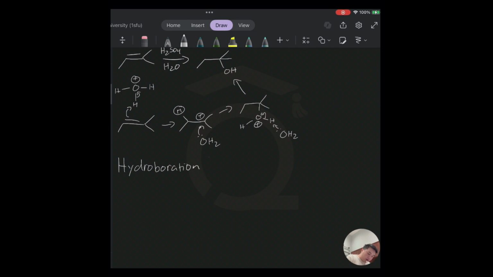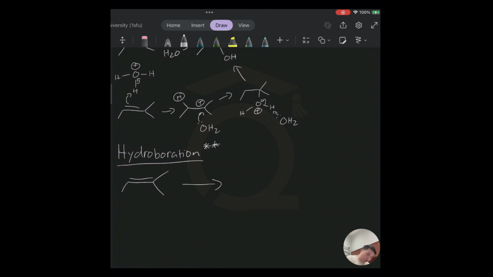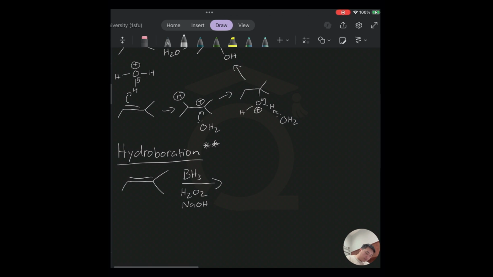and I'll give this two stars, because I think this reaction is something that could help you a lot and something that you definitely should know, okay? So remember how in hydration, we added an alcohol to the most substituted carbon. Here we're going to add it to the least substituted carbon. And you do this by using the reactants borane or some kind of borane complex, hydrogen peroxide and sodium hydroxide. Okay? And so again, this will get you,